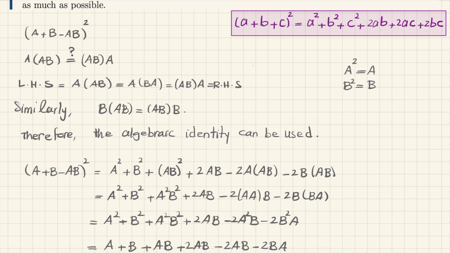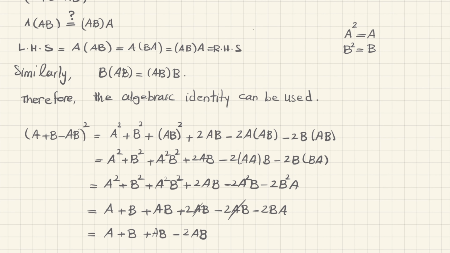But let me simplify it again. A plus B. So AB plus 2AB becomes 3AB. Okay, so these two are gone actually. So I am left with AB. But instead of BA, I can write again AB. But then what happens? This becomes A plus B minus AB. So do you agree? So after this calculation, this was an interesting example. (A + B − AB) to the power of 2 becomes exactly equal to itself under these conditions and commutativity